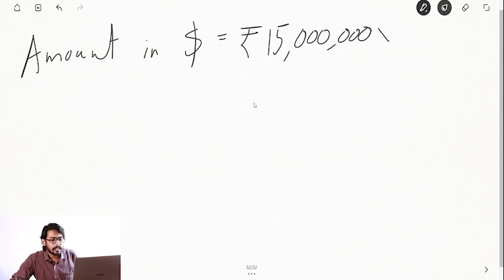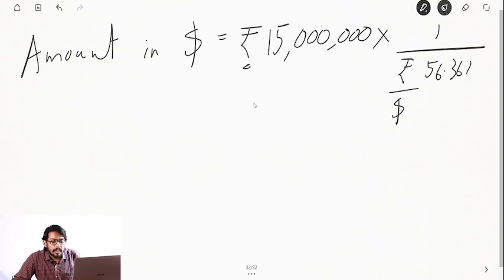Into the rate is rupee by dollar. Bang, bang, bang, bang. No, you cannot multiply. Rupees and rupees, guys. Rupee and rupee you cannot multiply. You have to invert it. Okay, into 1 by rupee by dollar. You took the bid rate